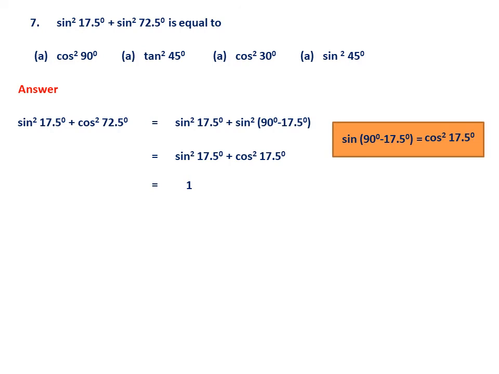This type of question, how they give is sine square theta, and for the other one they will give sine square of 90 minus theta. So for example 10 degree and 80 degree, like that. Here purposely he has given a fraction, that is the decimal point. So this is 1. So please note there is a small error in the question in the second term of the left hand side. But here 1 is not the option given, because this question is asked to test whether you know the values. Therefore definitely it is tan square 45 degree, because tan 45 degree is 1. So this is 7th question.